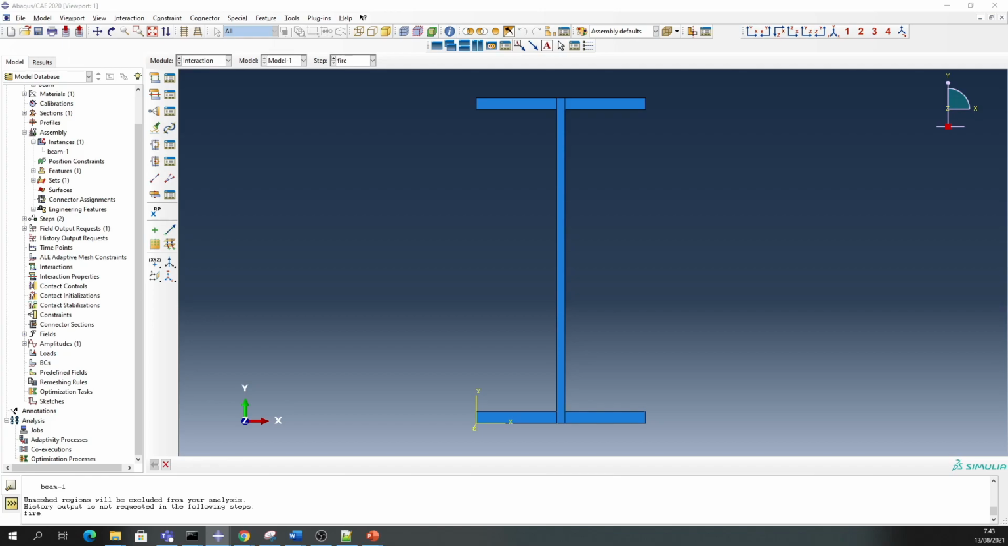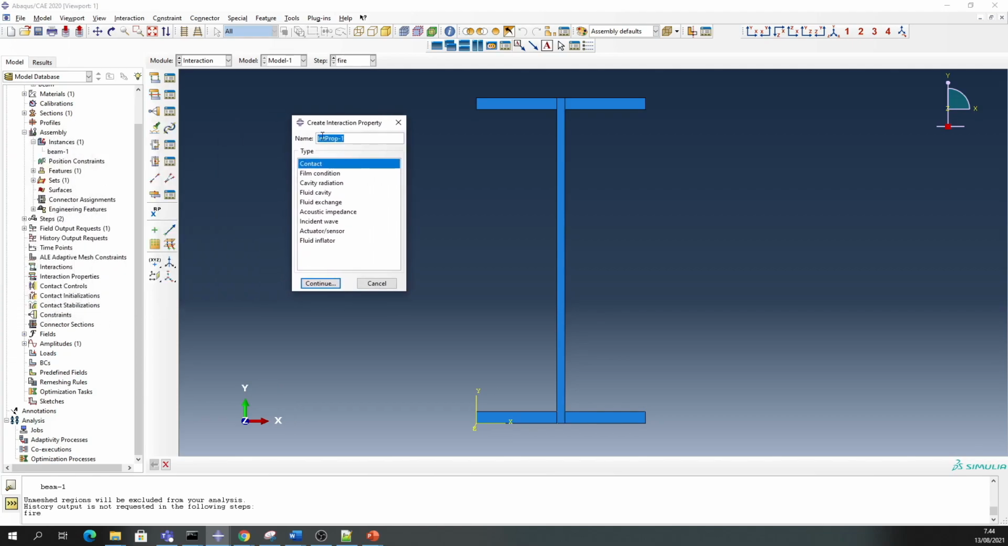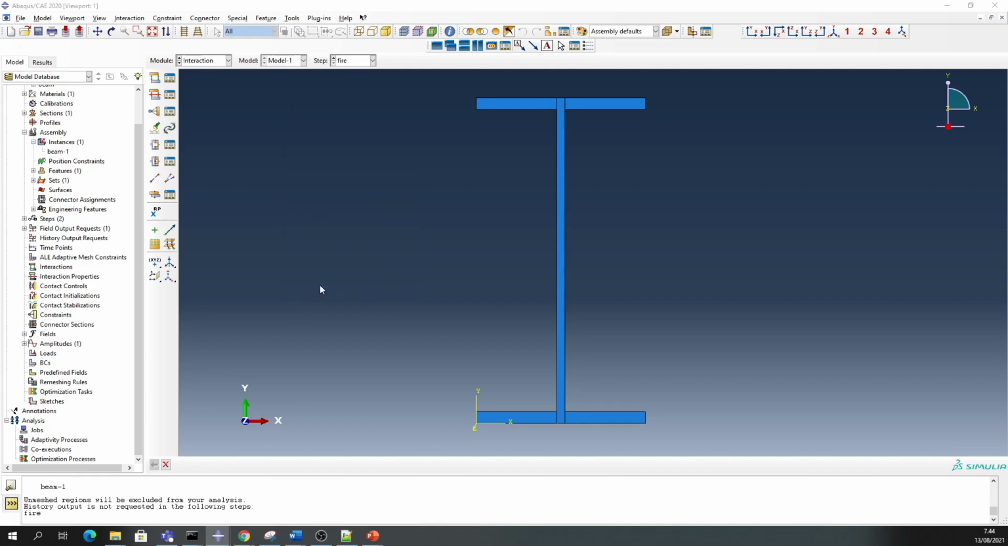We have to define the convection and radiation for the fire exposed side and the side that is not exposed to fire. Okay, the interaction property model is here. Let's name this convection to exposed side. The convection boundary condition is modeled as a flame condition. So we select the type as flame condition, and then we continue,